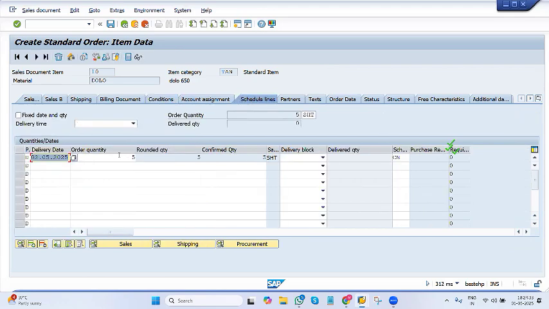scheduler tab here. If you double click on that material, then it will open this item data. So here we need to go to the scheduler tab. So we need to see the delivery date. This delivery date we need to mention while creating delivery. If you have not looked into this delivery date and you have randomly given the delivery date, then system will propose error. Okay. So whatever date we see in the scheduler tab, the same date you need to mention while creating delivery. Okay. So before saving this order,